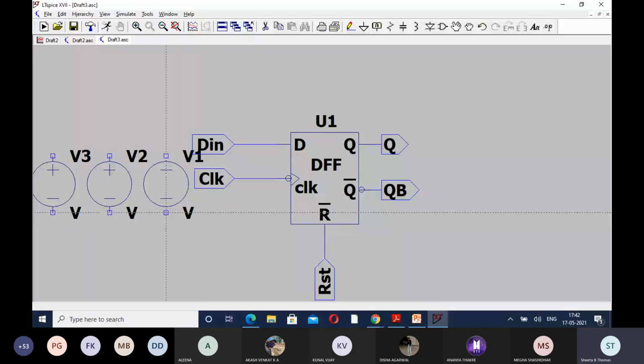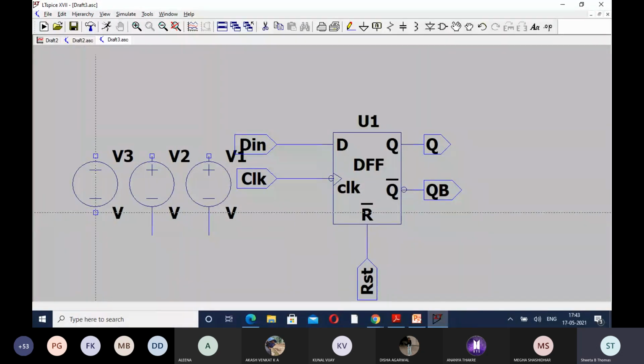For that, let me connect the wires. Yeah, fine. Okay. And here we will give the output.